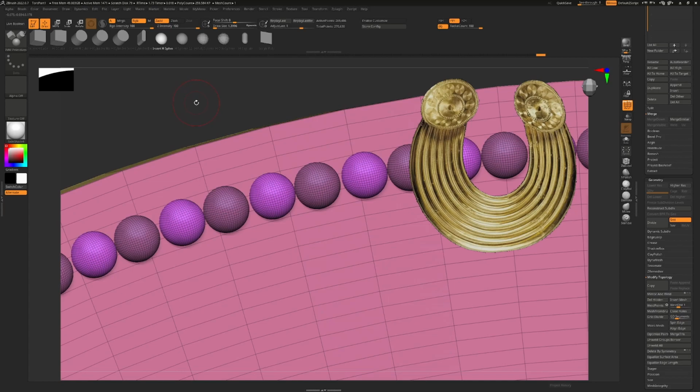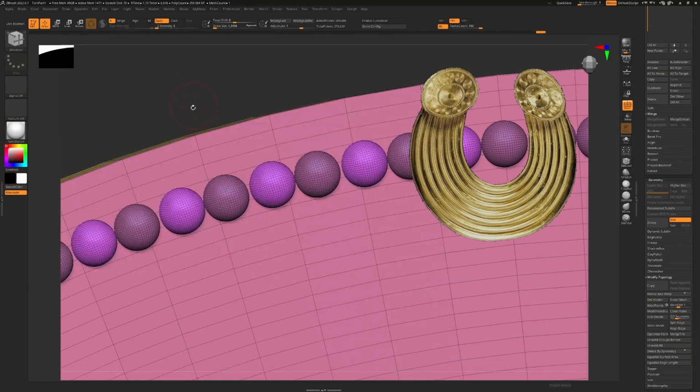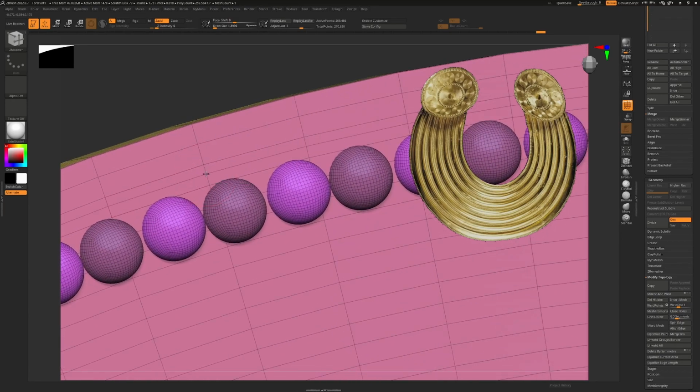So what I'm going to do is go back to my ZModeler brush, B Z M, and if I hover over an edge, I have the option to insert an edge loop. Now if symmetry is still turned on, it's going to have a problem. So I'll turn that off by hitting X. And now I can click and create an edge loop there,